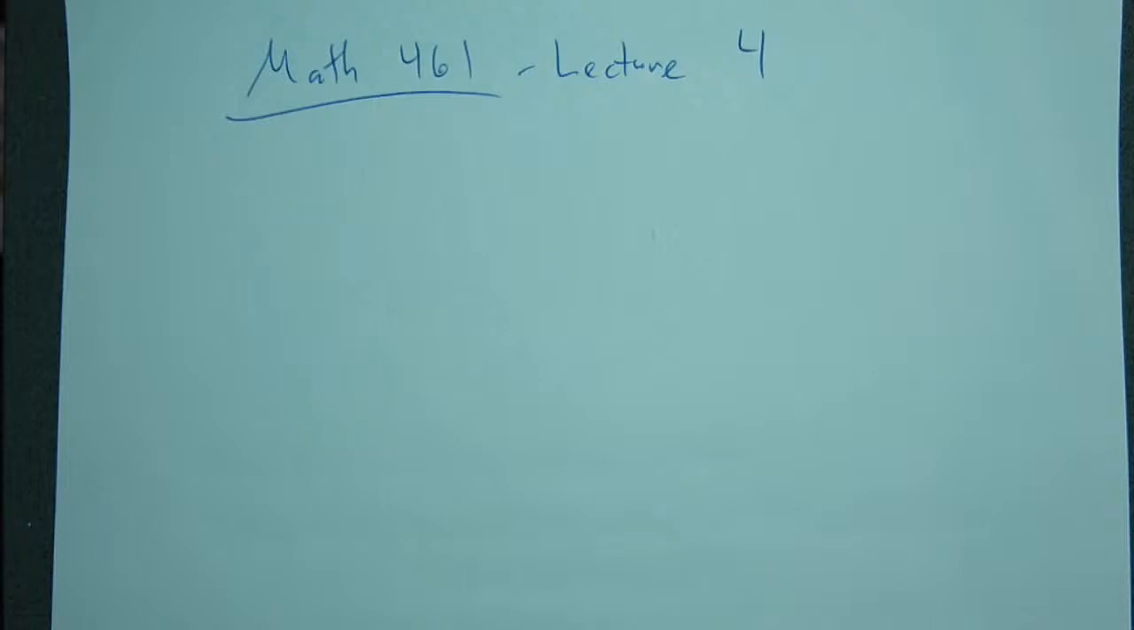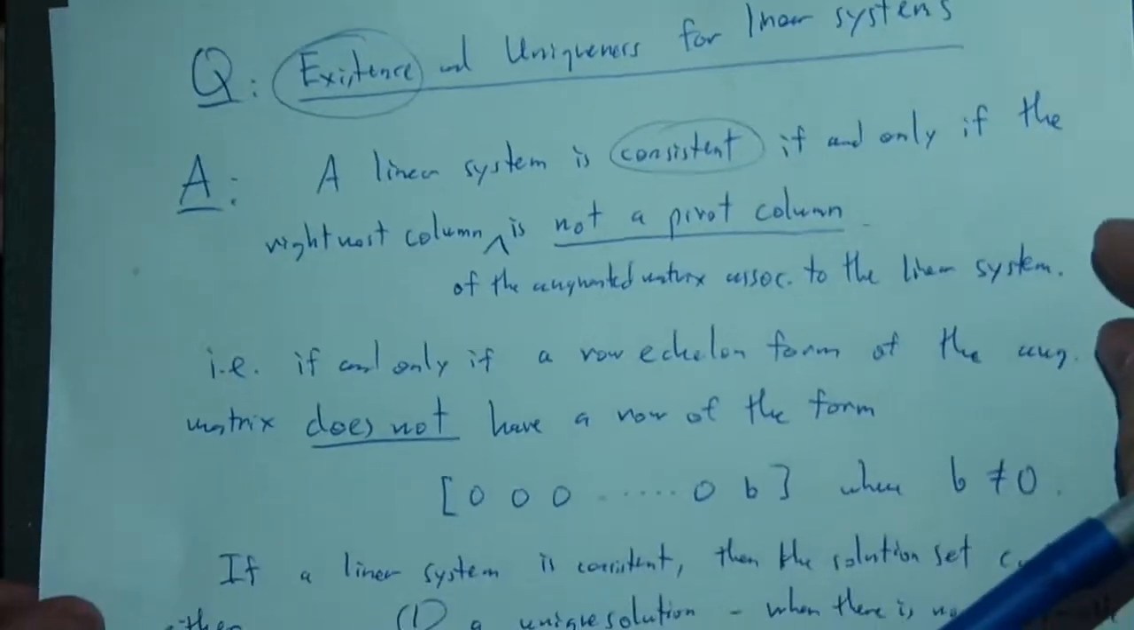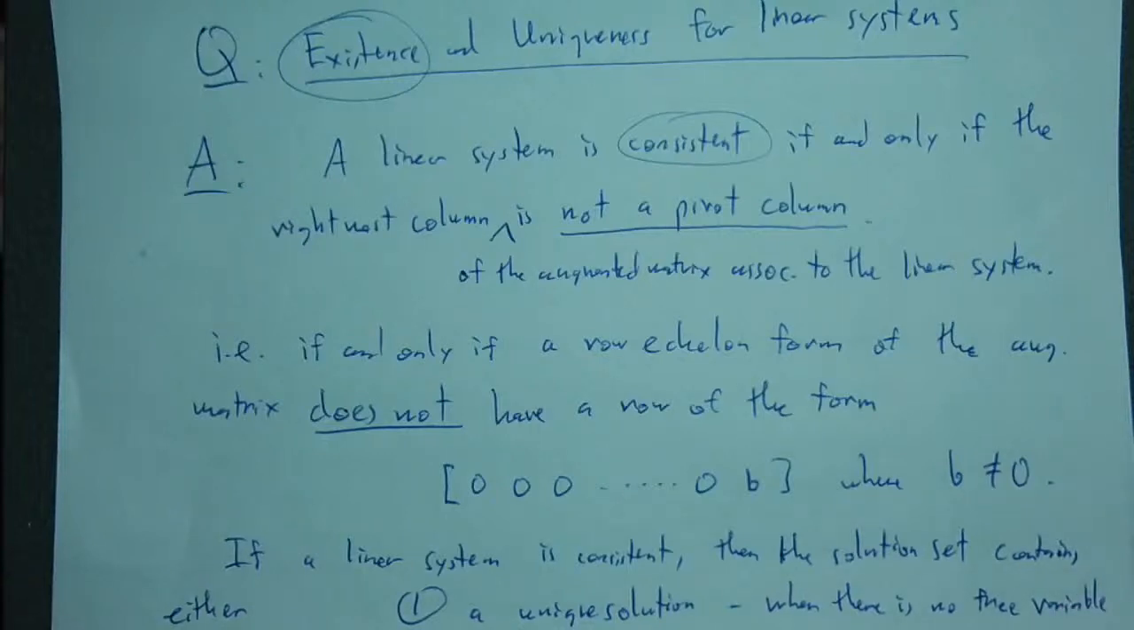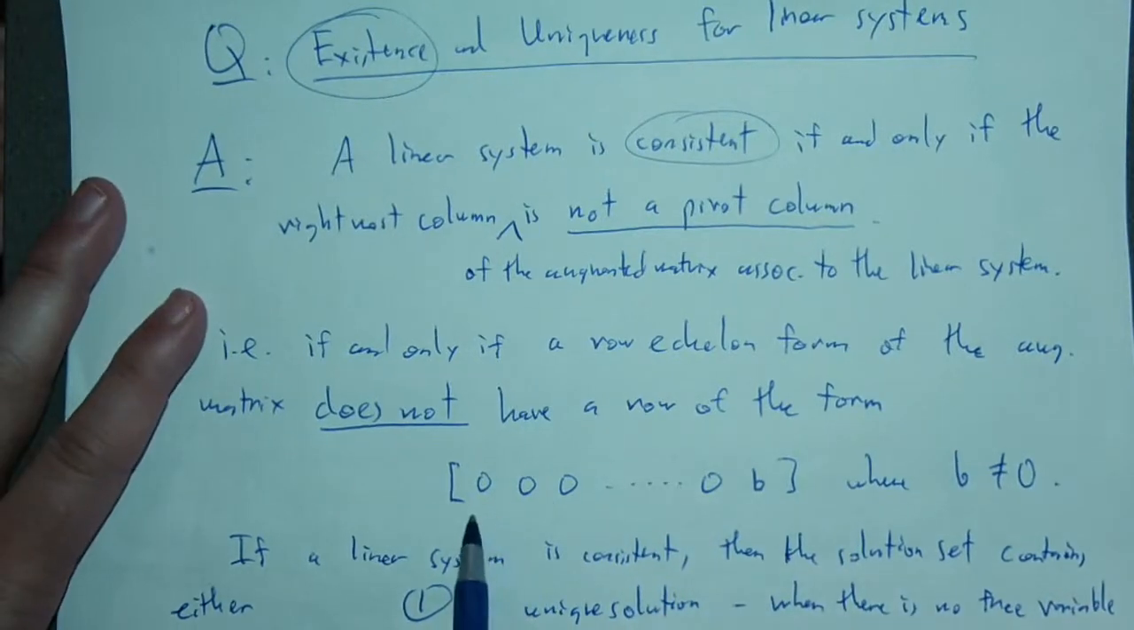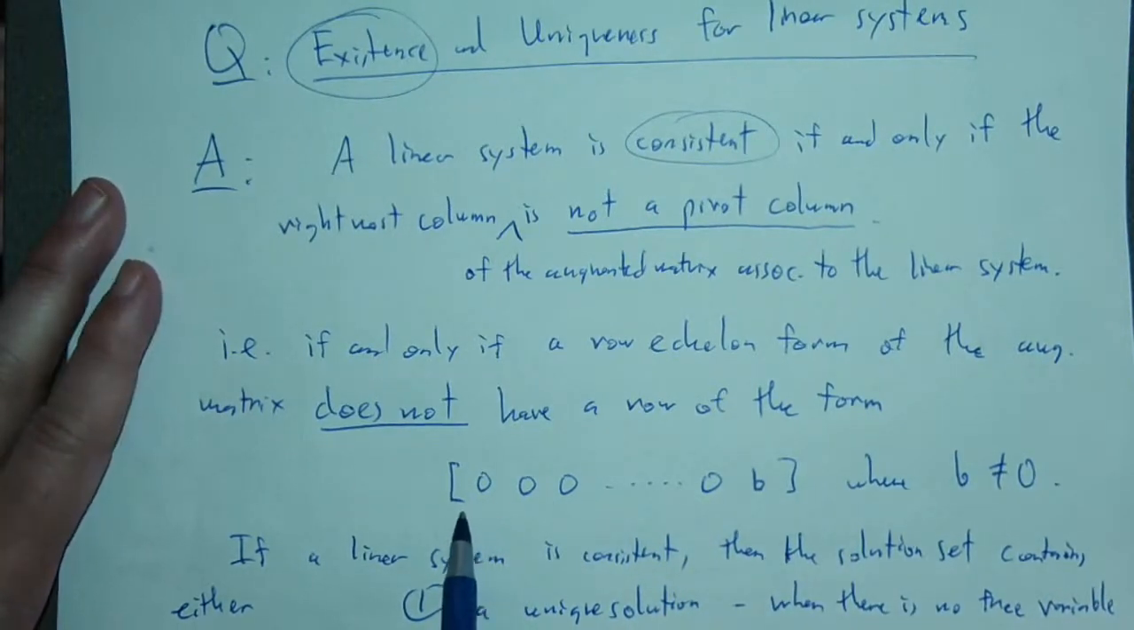Okay, so last time we ended with this discussion on existence and uniqueness for linear systems. So the most important thing was that when you're doing the row reduction algorithm, putting something into reduced row echelon form, the entire thing you're looking for to answer the question of whether or not the system is consistent is whether or not there is a row in your echelon form of the matrix